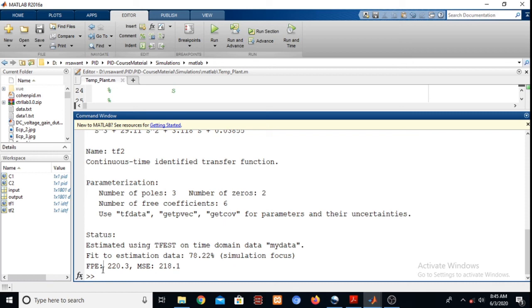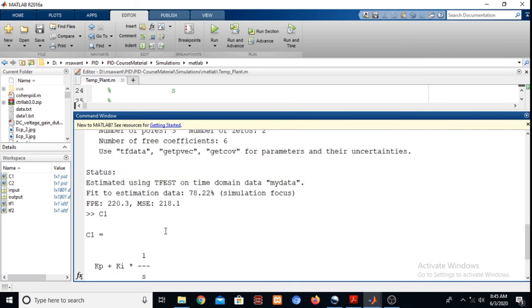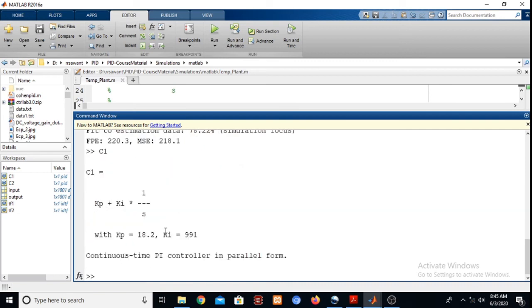Okay, so if we just type C1, okay, so KP is 18.2, KI is 991, okay, for the C1, okay, and for the C2, so we have got this particular transfer function for C2, okay.